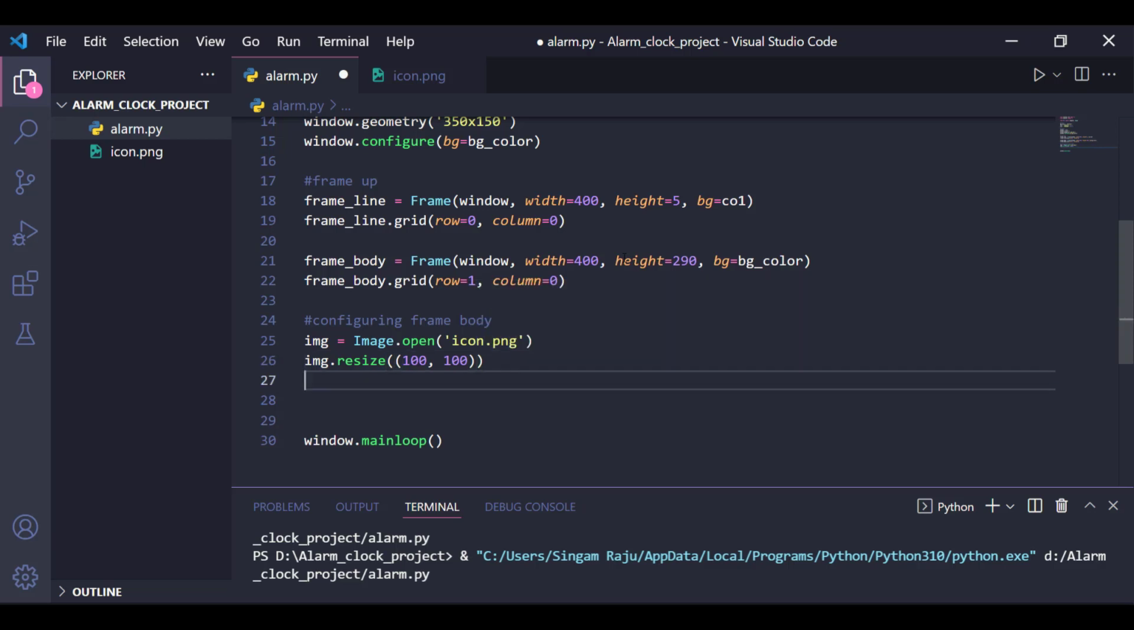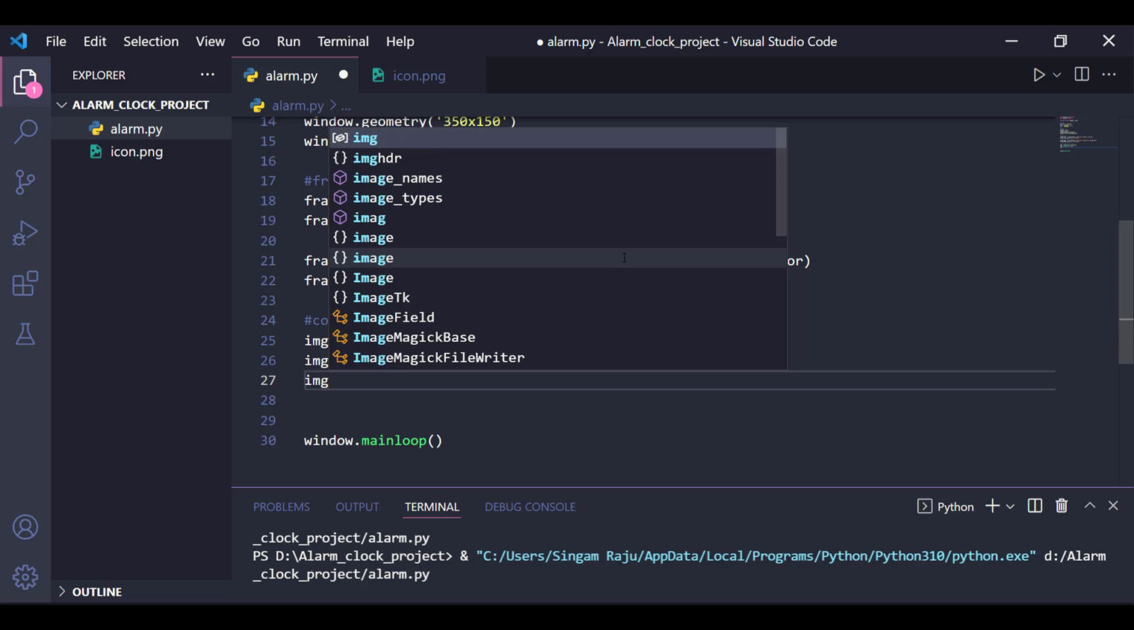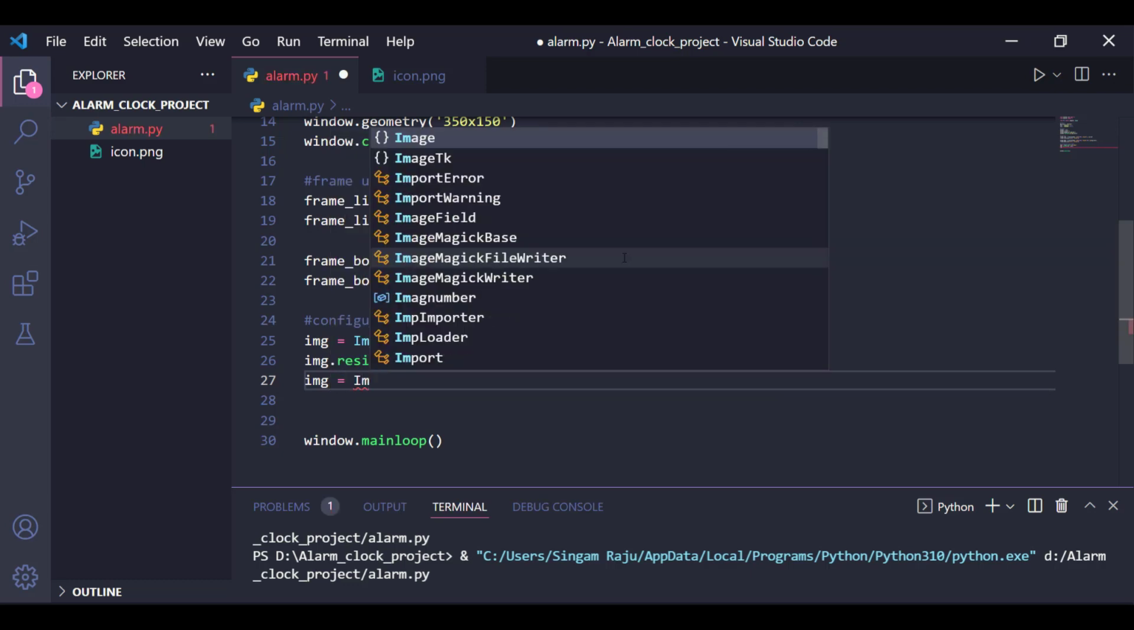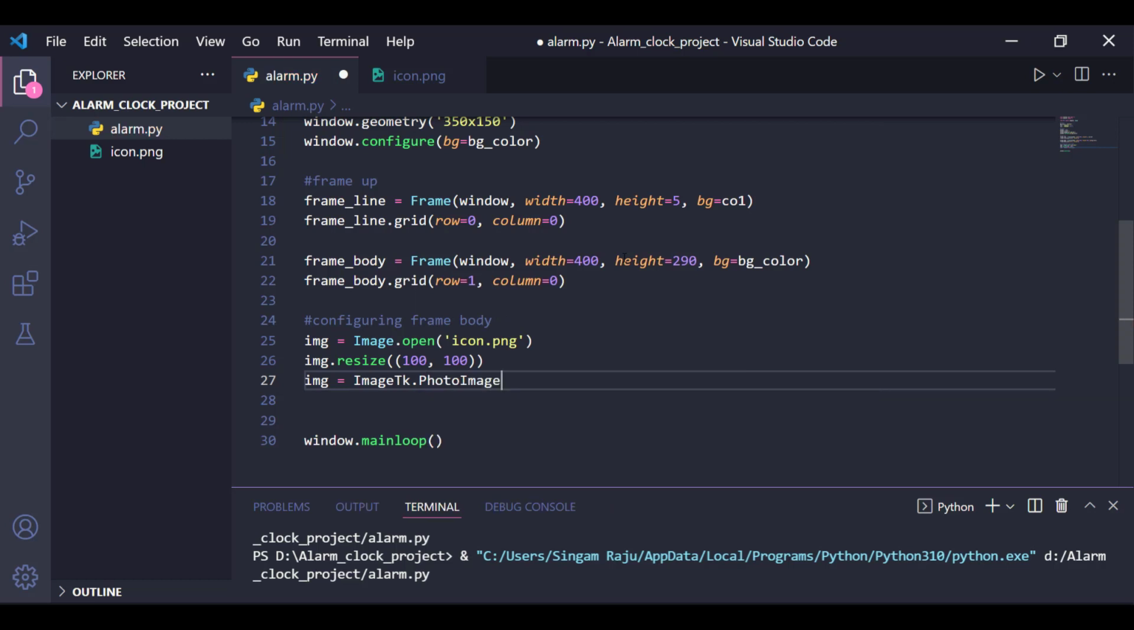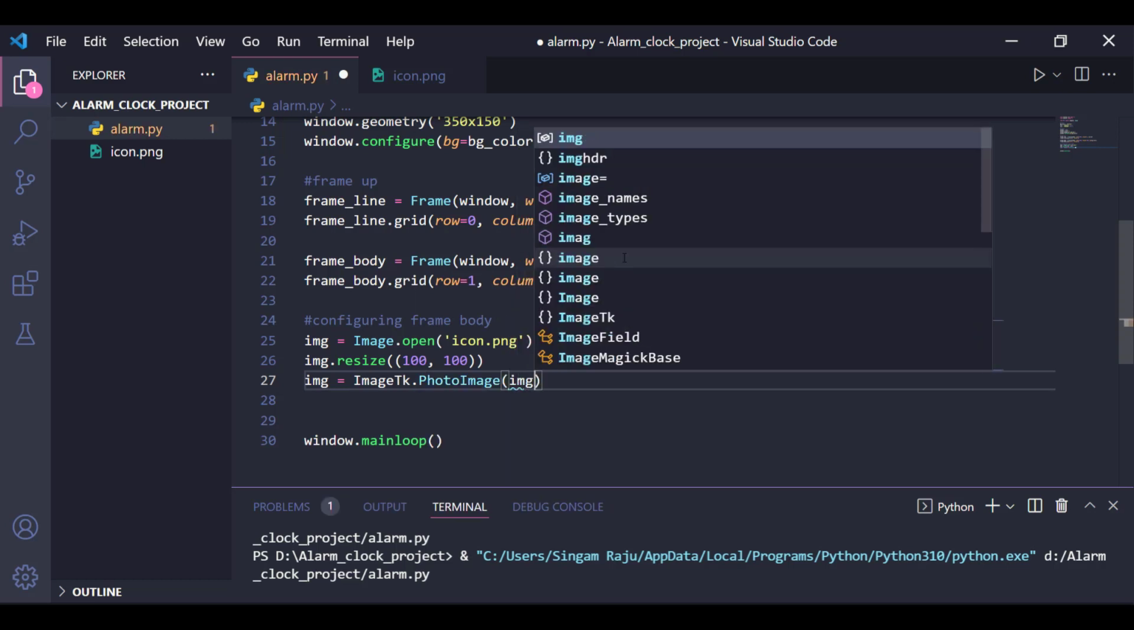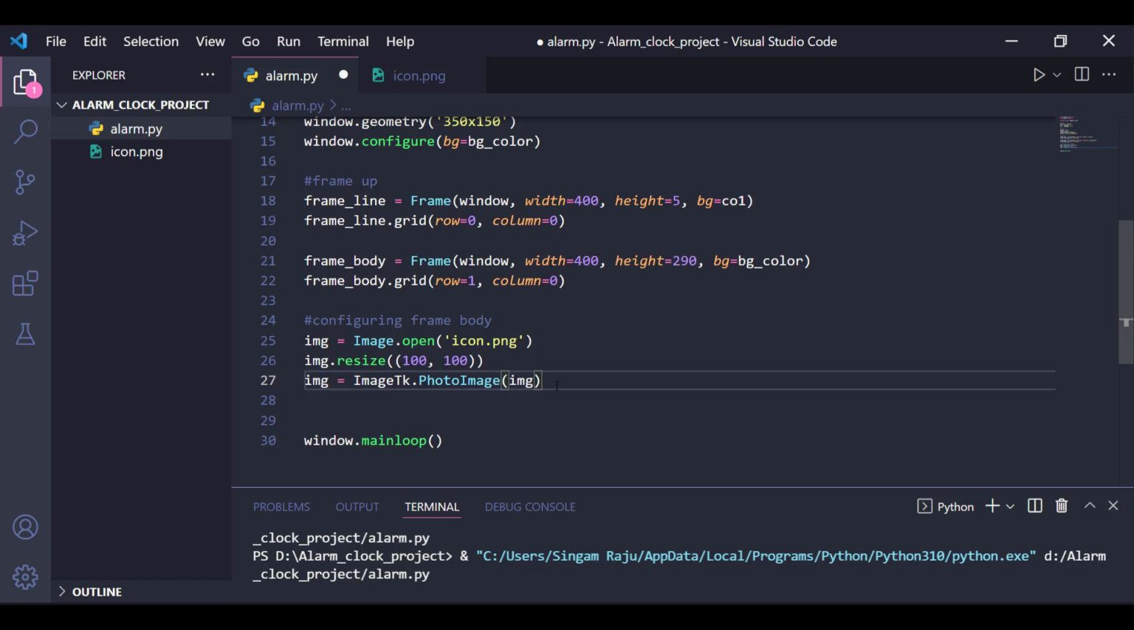And now we are actually going to load that using that PhotoImage. So just give img equal to ImageTk.PhotoImage of that image that we have. Now we actually opened and we actually configured that image, and now it's time to load that image into that Tkinter window. How can we do that? Just create a label called